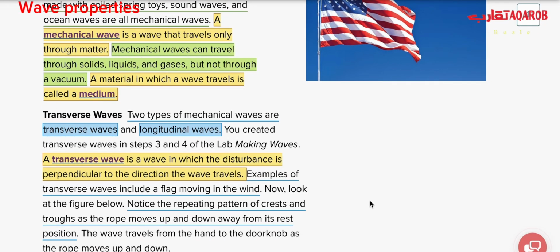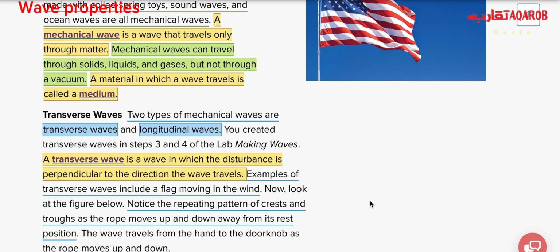Now we have two types of mechanical waves, transverse waves and longitudinal waves. A transverse wave is a wave in which the disturbance is perpendicular to the direction of the wave travel. So if the disturbance is perpendicular to the direction that the wave travels, we call this wave a transverse